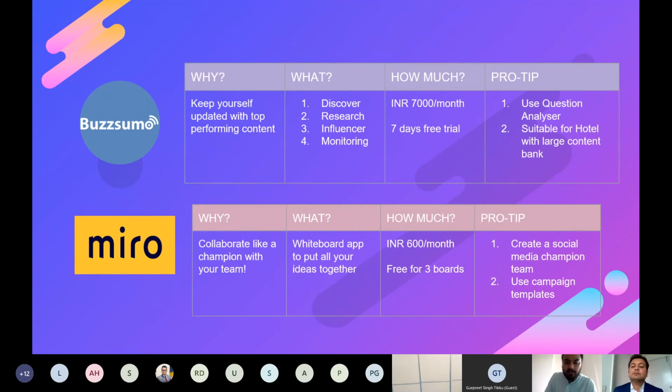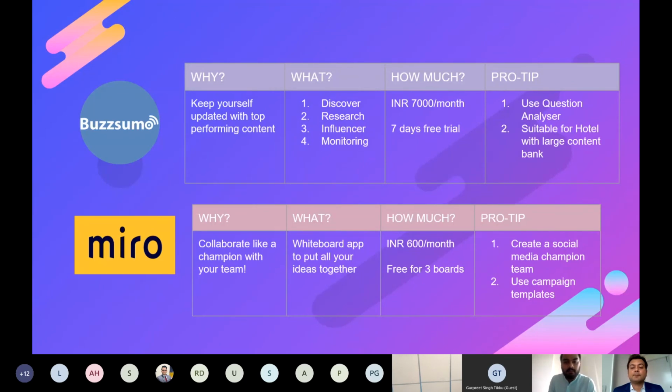So that's another beauty of this tool. And then the last is obviously monitoring. So if I want to keep a track, let's say I've created a hashtag for a campaign and I want to keep a track of whether that's being utilized or not, or that's being picked up by media houses or not, then I can just put those in and it gets monitored.